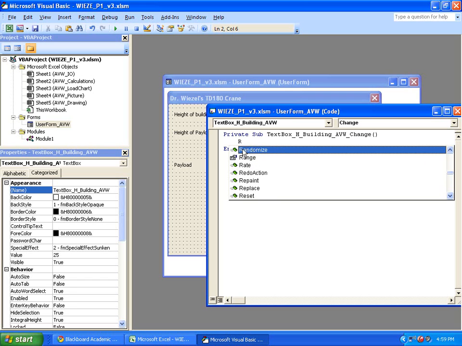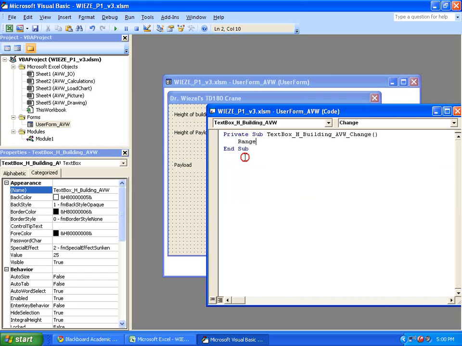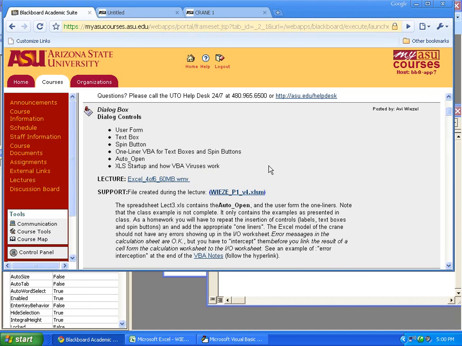Notice how they have different shapes in front of them. This little flying box means that it is actually an action. It's like another subroutine or a function or something. This here, a window with a finger pointing to it, means that this is actually an object, and the object is a range or a property of the object. So it's range. And now, if you notice in the syntax,